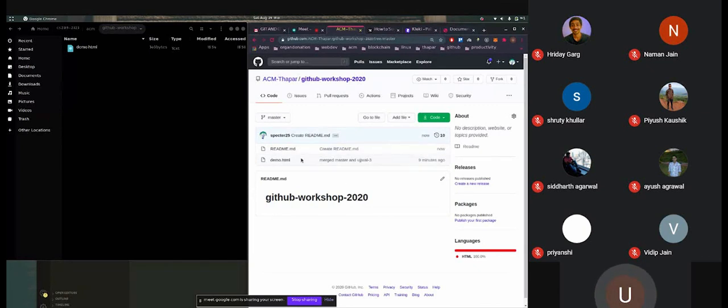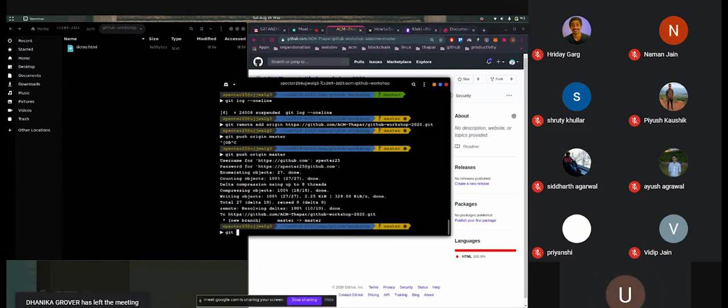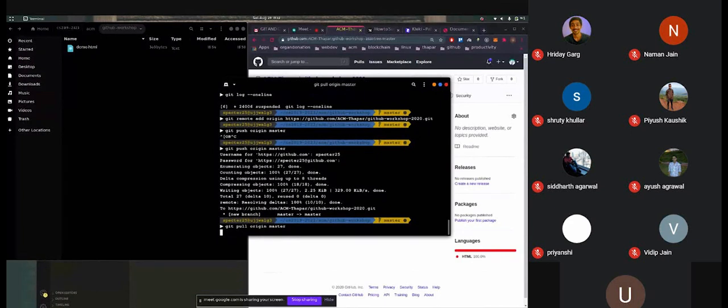If I want to bring all the changes that have happened on GitHub into our local computer, so that we can modify them and have the latest code base, the command I will use is git pull. In a similar way to how we push the code, now we are pulling the code from GitHub. So we write git pull, pulling from the origin remote and the master branch.